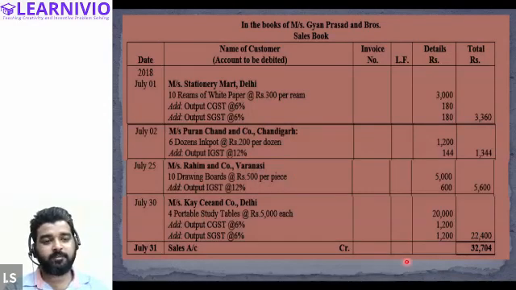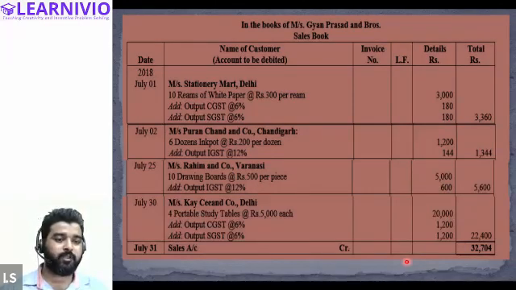So if there are other expenses in the question, like there is a freight charge, there is cartage charge, and some other expenses also, then we will make the different columns. Otherwise there is no need to prepare a different column unless we have other expenses other than CGST and SGST. We will make columns other than these only when there are other expenses also, like freight charges, cartages, or any other expenses. All right.